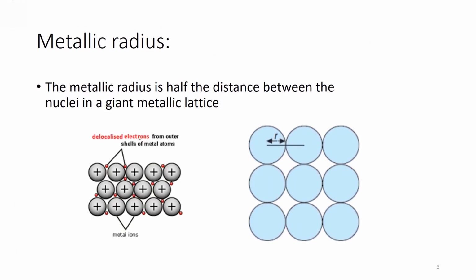Now, the metallic radius trend of group 2. Before starting the metallic radius of group 2, we will look at the definition of metallic radius. Metallic radius is usually the radius that we take for metals, and in a giant metallic lattice, half the distance between 2 nuclei will be my metallic radius. So if I have here 2 nuclei that are adjacent, half this distance will be my metallic radius.